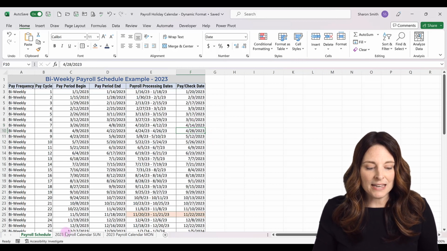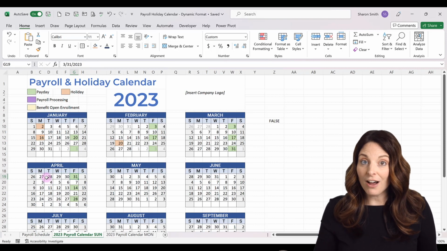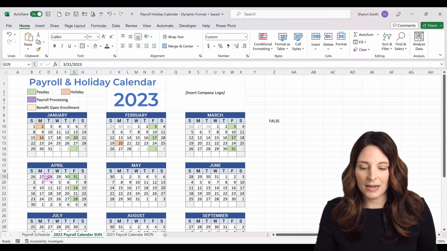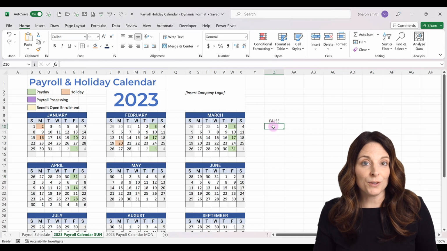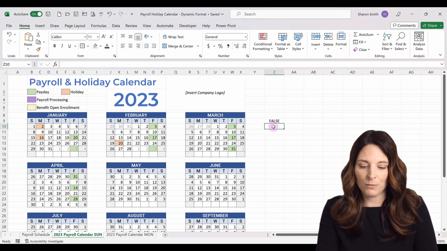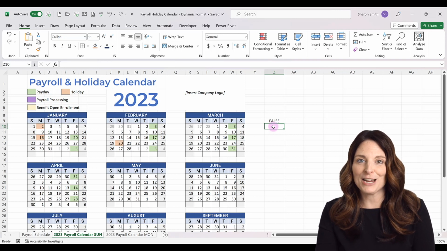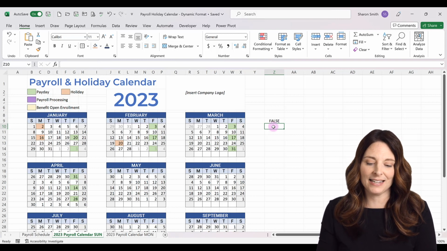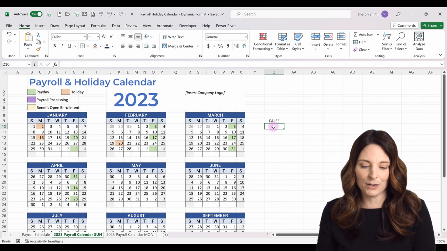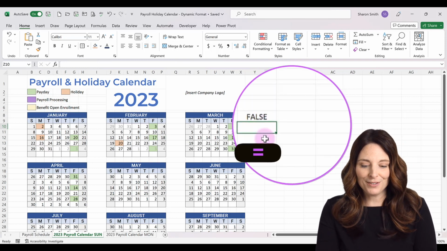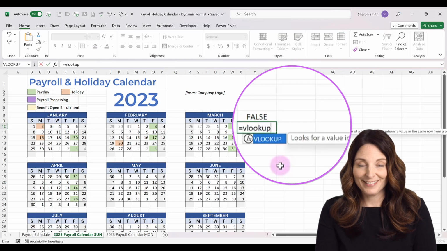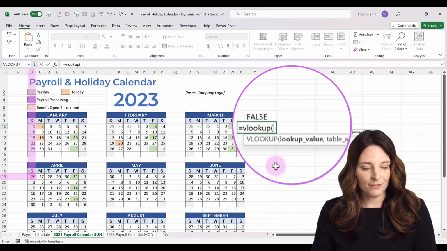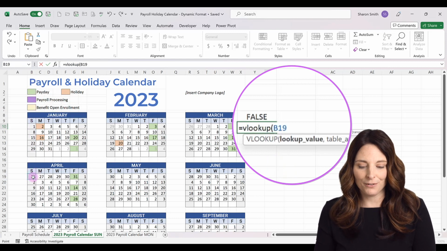Now, let's do the same thing and look at highlighting any holidays. So what we're going to want to do is create a formula that will look up those holiday dates, right? So we're going to do the same thing. We'll do VLOOKUP. So I'm just going to come over here to a cell where I can type out the formula that I'll use to copy and paste, and then later on we can delete these cells since we don't need them. I'm just going to hit equals and say VLOOKUP, open parentheses, and for the lookup value, I'm going to select the first date in that monthly grid, and then I'm going to hit comma,